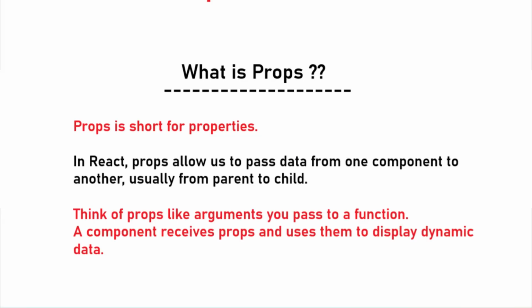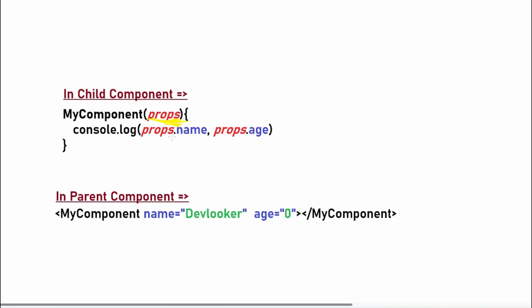And in this video, we are going to understand one of the most important concepts, which is props in React. So before we jump into the code, let's understand the theory first. So in React, props or properties allow us to pass data from one component to another, usually from parent to child. Think of props like arguments you pass to a function, where a component receives props and uses them to